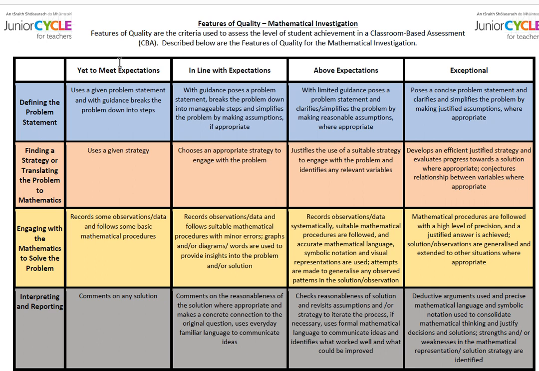And if we look here, we have yet to meet expectations, in line with expectations, above expectations, and exceptional. And those are the 4 different grades that we can get for our project. And if you read down through these, you will see the main thing, 2 things. One, if I have to give you individual help, your grade drops down to the lowest possible grade very, very quickly. If I give you any individual assistance, you are going to end up with yet to meet expectations, unless